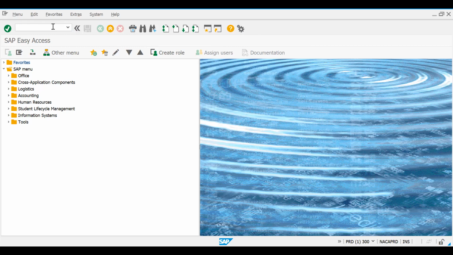Transaction code is just a shortcut to that transaction. Okay. Now we have the menu bar here, and then we have the standard toolbar here too.